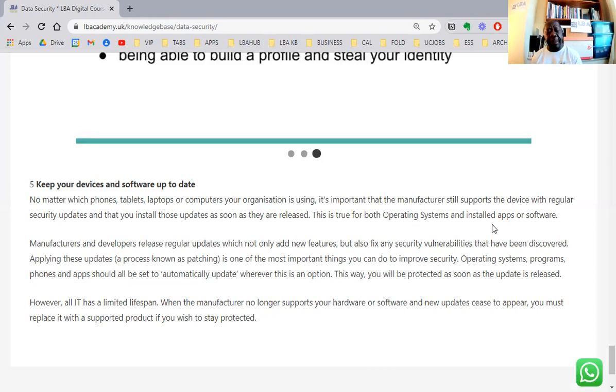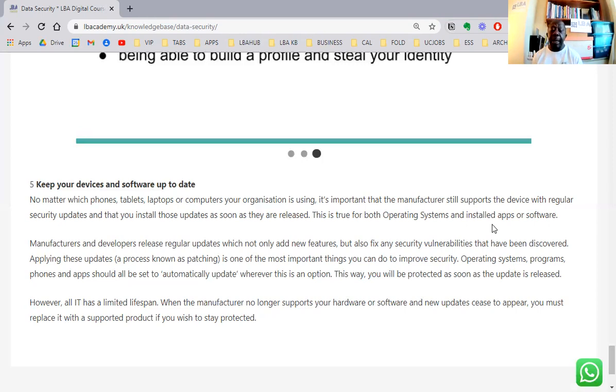Applying these updates, that's called patching, is one of the most important things you can do to improve security. Operating systems, programs, phones, and apps should all be set to automatically update wherever there is an option.